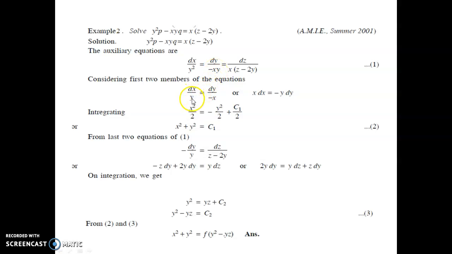If you directly compare these two parts, then the computation is easy. Suppose you are directly comparing here, because y cancels out with y, you have dx by y, dy by y. So remember, don't go with the same procedure as earlier. Here you have to bring all terms of x on one side, so it gives you minus x dx or y dy, or you can say x dx or minus y dy. You integrate on both sides, you get this type of situation.